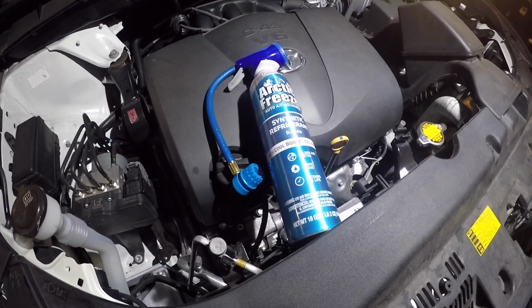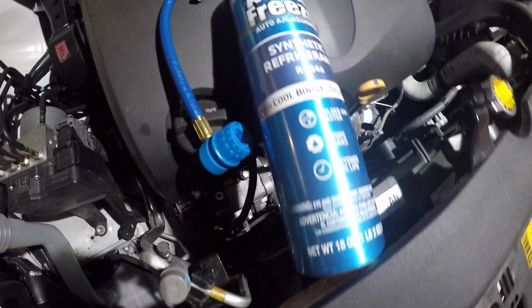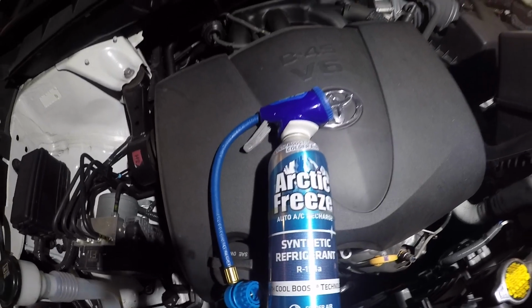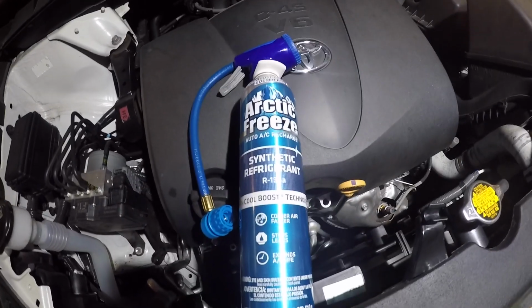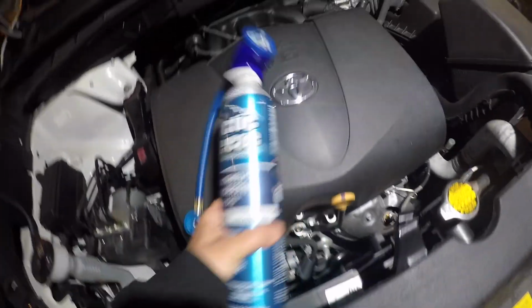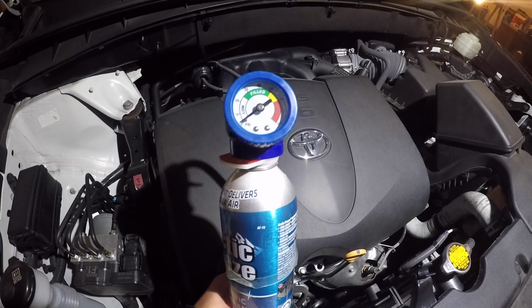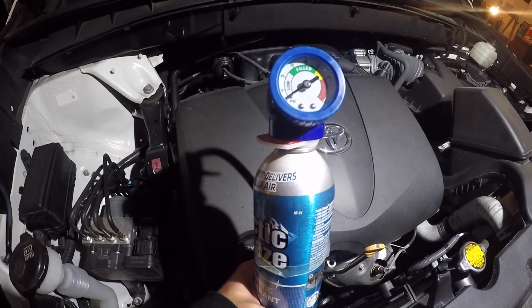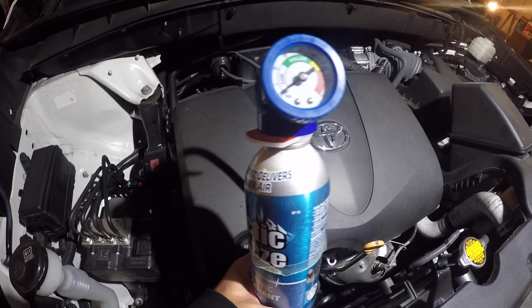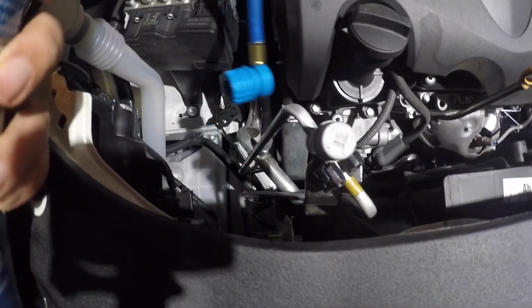The next step I'm going to do is fill the AC with the refrigerant. This refrigerant is called Arctic Freeze refrigerant, and it comes with a gauge already. So you can see the gauge is from 0 psi to 150 psi, and we're going to connect to the low side of the